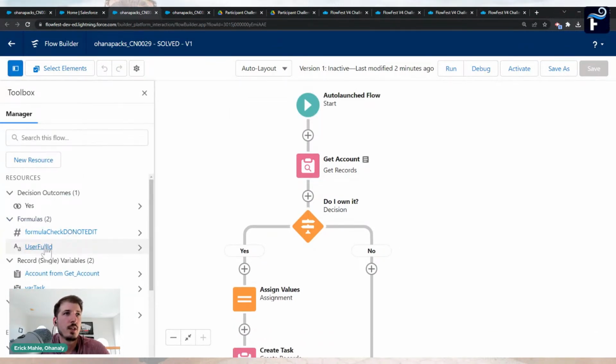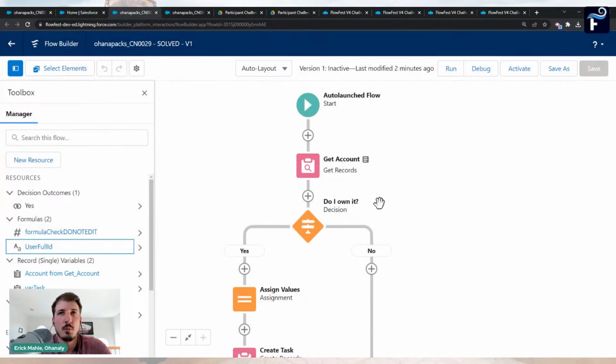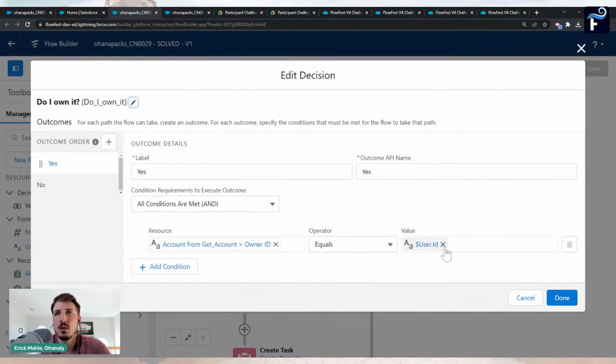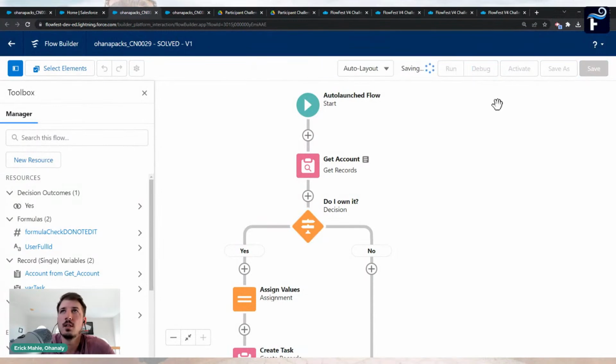So we had created this user ID where all it uses is a case safe ID for the user ID. This function here will return the 18 character for any ID that you have. So all you needed was to basically create this formula and come here and replace that with this new formula. And if you save and we debug,